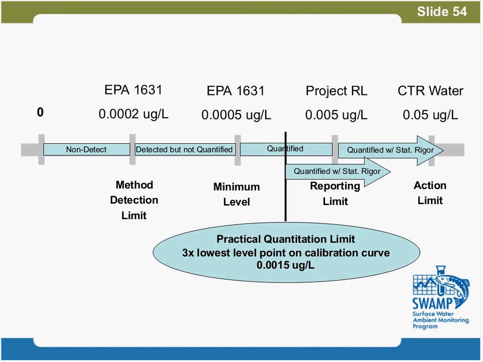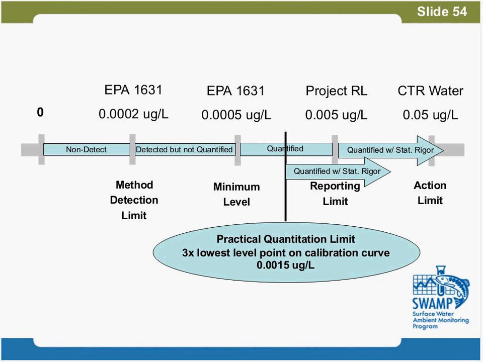If you set the reporting limit all the way down to that minimum level, which is a lot of times when labs tell you what their reporting limit is, what they're really saying is what their minimum level is, you have quantified, but for your program or project, you may need quantified with that statistical rigor. Between the minimum level and the black line of practical quantitation limit there, I'm going to turn on the pointer so I can show you better. This is here,